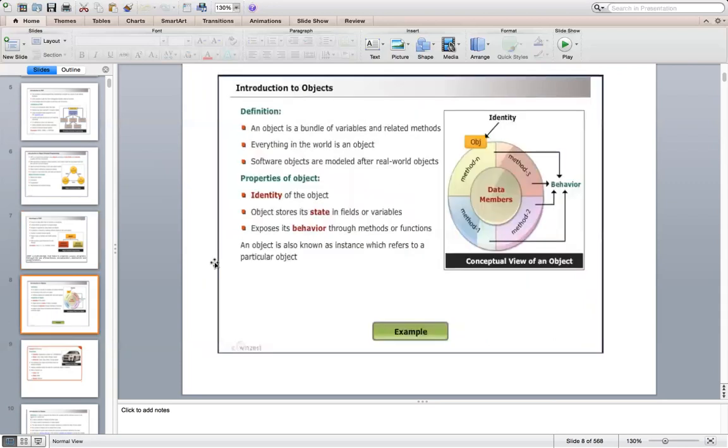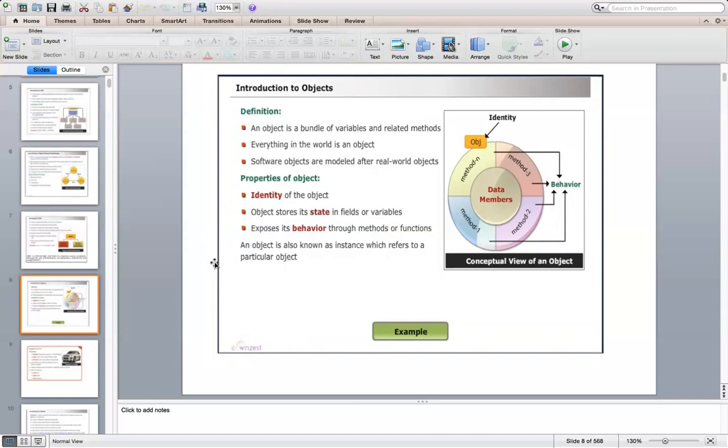Let's now understand what an object is, briefly. Any real-world entity is considered to be an object, and to be specific, that real-world entity should have a state, should have behavior, and it should have identity. That should be uniquely identifiable.